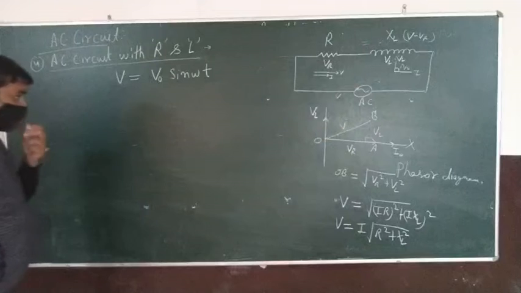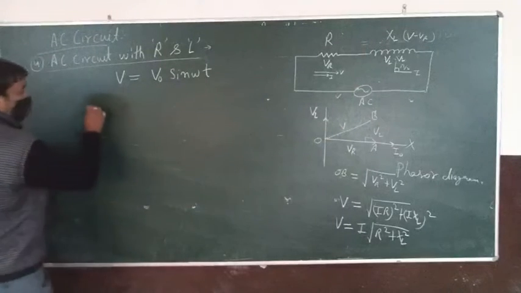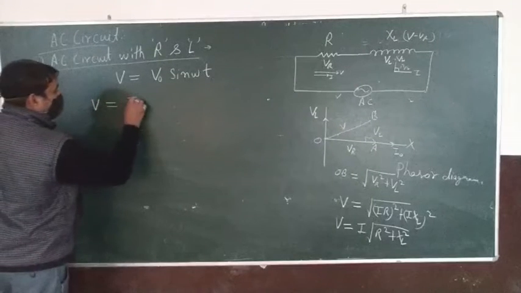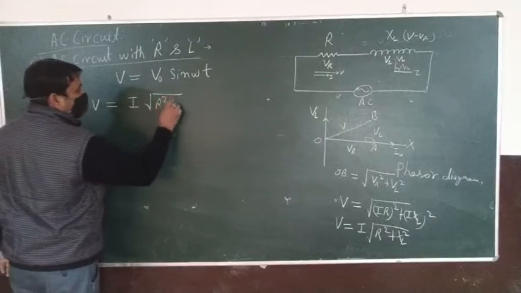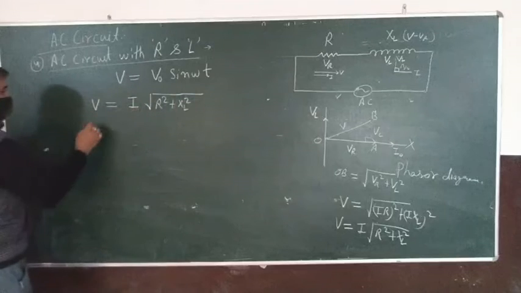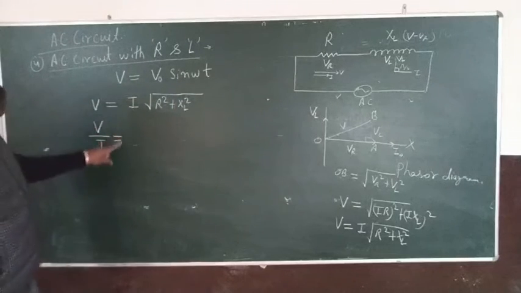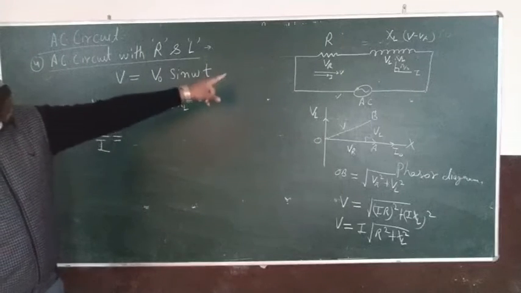ठीक है, so this result we get V is equal to I under root R square plus XL square, and here V upon I, ये जो बनेगा हमारे पास, this is called reactance of the circuit containing R and